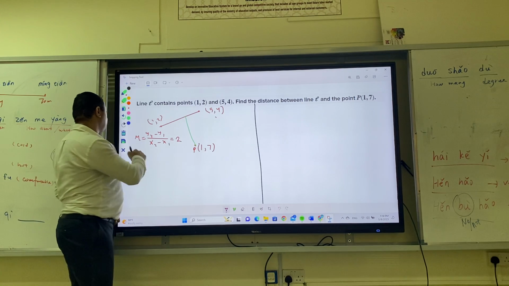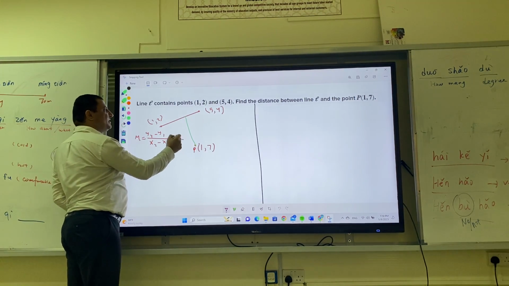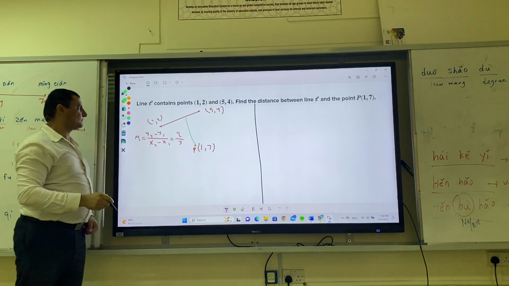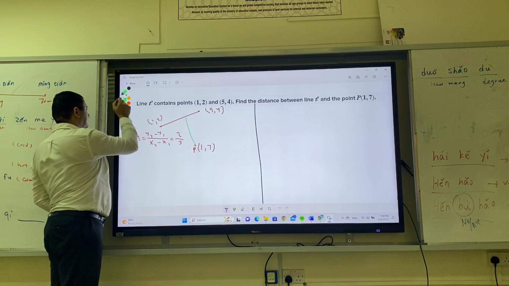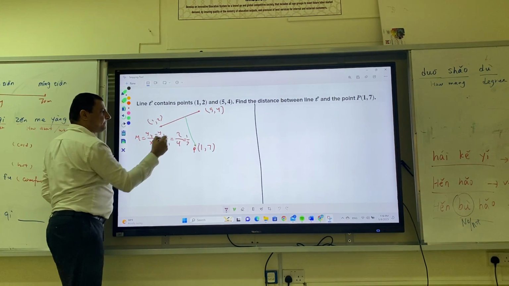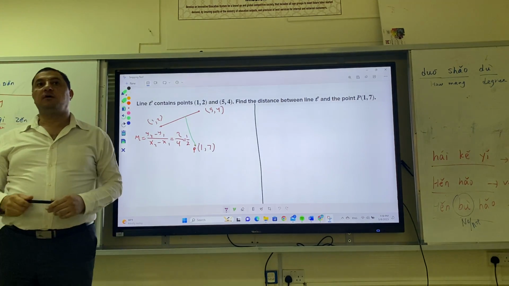How is it 2? It's not 2. So the slope is 4 minus 2 over 5 minus 1. 5 minus 1 is 4, not 3. So the slope is 1/2. Okay? Now,